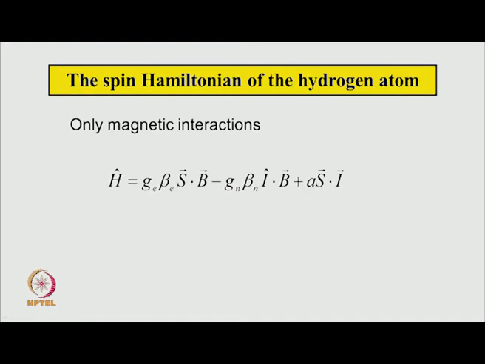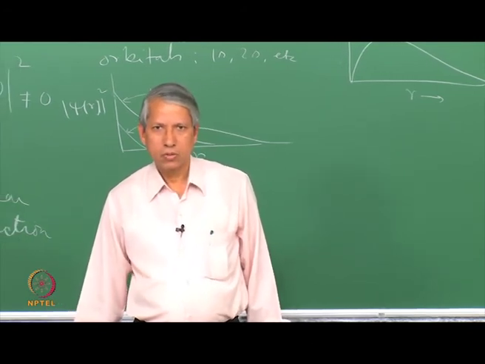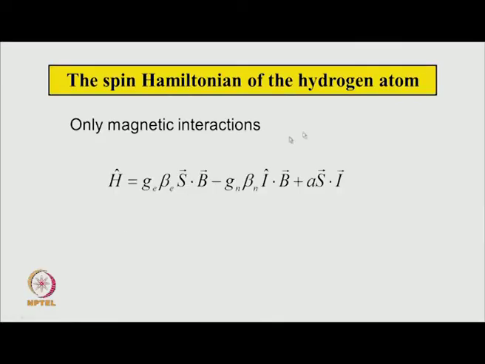This Hamiltonian deals only with the magnetic interactions, such as the electron Zeeman interaction, nuclear Zeeman interaction and the hyperfine interaction. This type of Hamiltonian is called a spin Hamiltonian, where you see that we do not include the kinetic energy of the various constituent particles or the potential energy that they have. Only these interaction energies are included in the spin Hamiltonian.